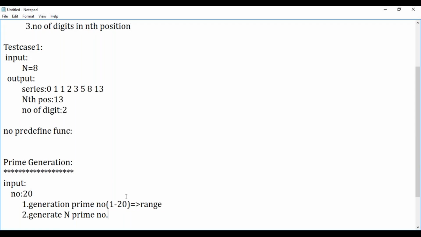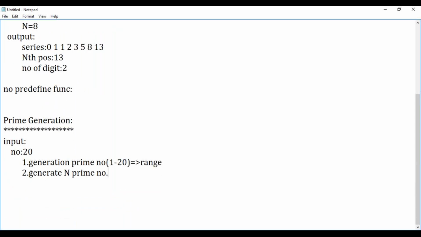The second question, now I want you people to work on the second question: generate n prime numbers. If I say 5, I should generate the first 5 prime numbers. The reason is the first prime numbers could not be in a range, right? So the first prime numbers would be 2, 3, 5, 7, followed by 11. So when I say the fifth prime number, it is 11.